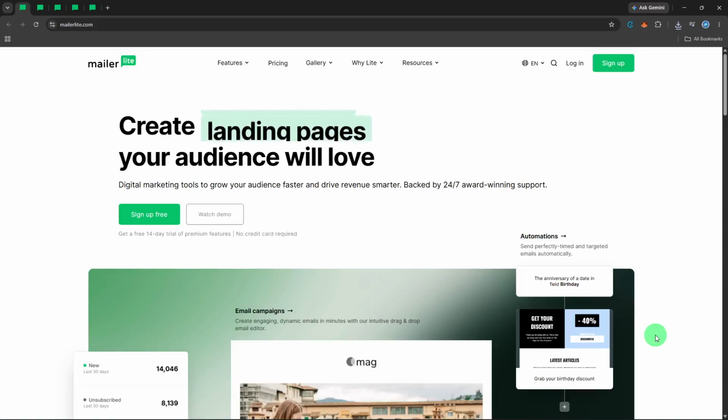In today's video, I'm going to show you how to add divider blocks in MailerLite, so you can create clean, professional email layouts that are far easier for your subscribers to read. If you're building newsletters, promotional campaigns, or automated sequences, using dividers well can transform a cluttered message into something polished